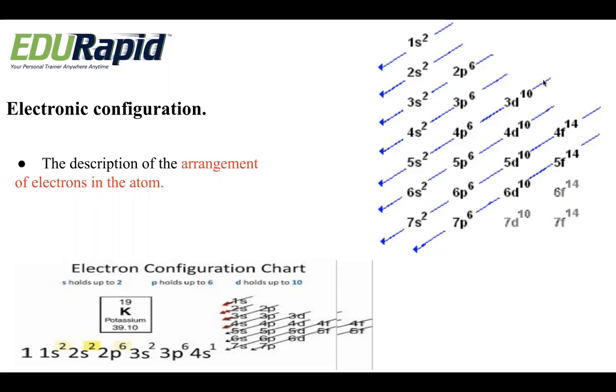You can see the diagram on the right side. You have 1s2, 2s2, arranged in a diagonal form. You can see diagonal lines passing through them, right? So what are these 1s2, 2s2? These are the subshells. An atom will have shells, that is K, L, M, N. As I told you already in the chemical bonding chapter, it will have 4 shells, K, L, M, N, and these shells will have the subshells you are seeing in the diagram, that is s, p, d, f. So these are the subshells which are present in the shells.